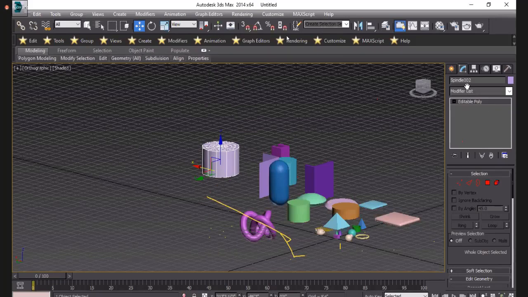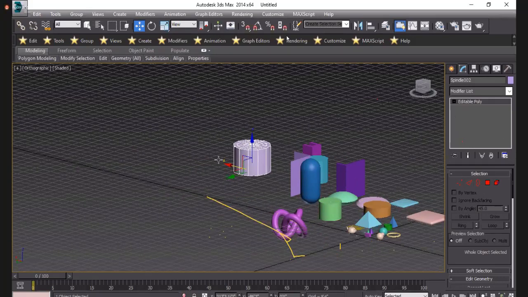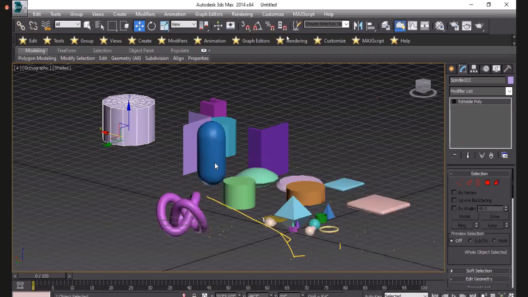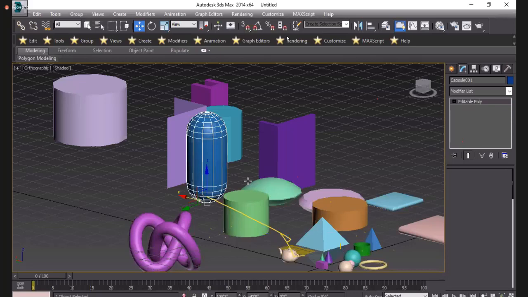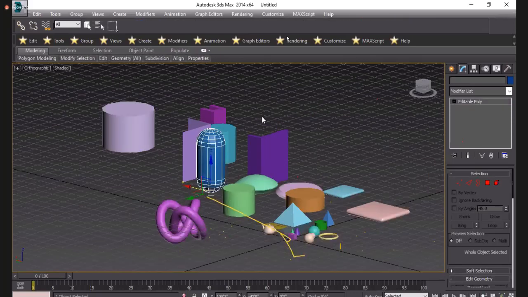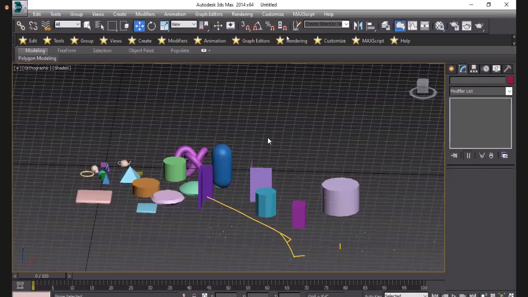You can see the changes on your screen. The right side command panel will change. I will show you again: just select the object, right click, convert to editable poly. These are the most important settings to create complex and simple objects.